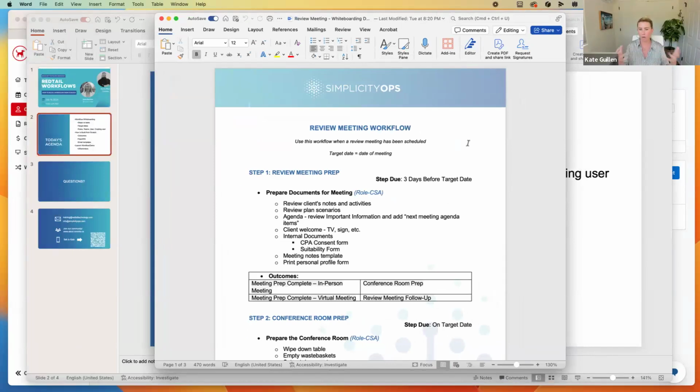When it comes to, we're going to use the review meeting as an example. And this is just a Word document that we use to whiteboard the workflow. And I'm going to involve all of the people on my team that are part of this review meeting process, for all the reasons that you just explained, so that I can get eyes on it and then hear the feedback of what is everybody doing in this process? Yep. Identify redundancies and things maybe we can cut out or things we can better delegate to other people